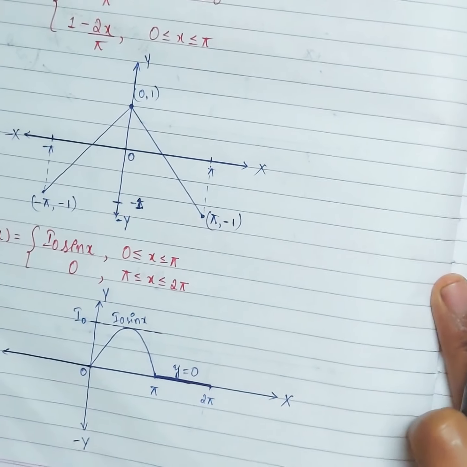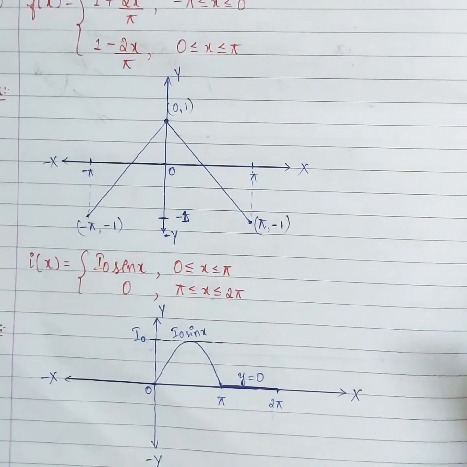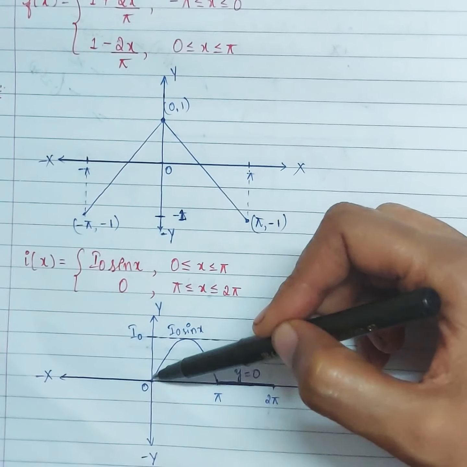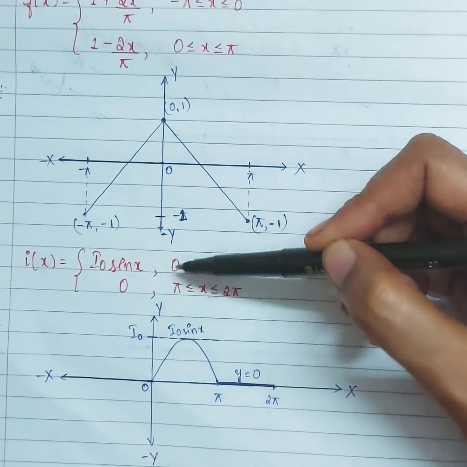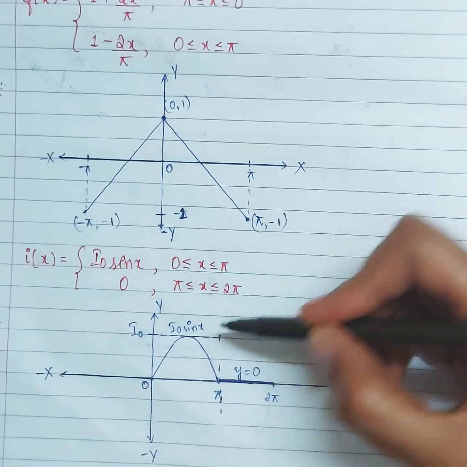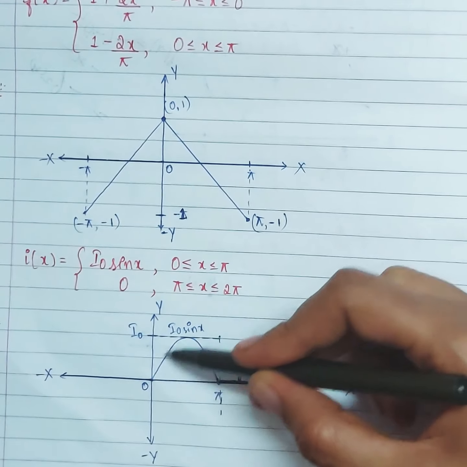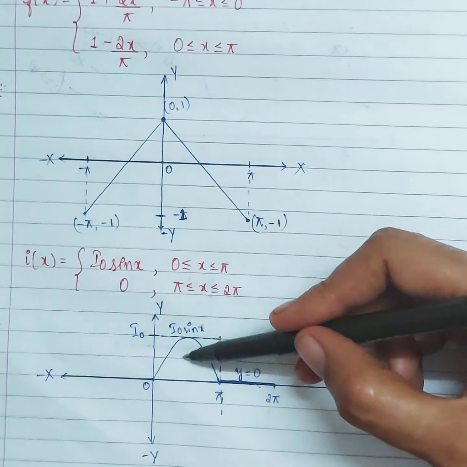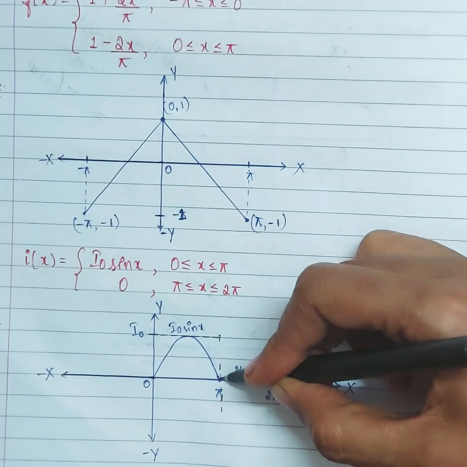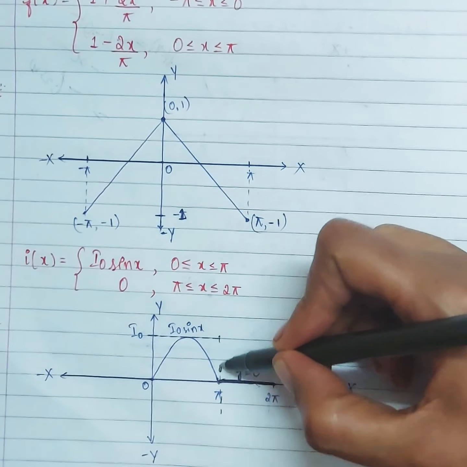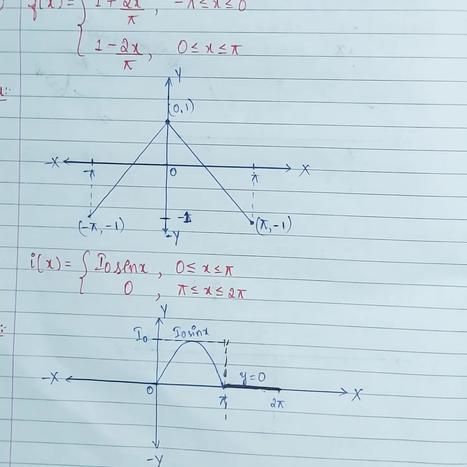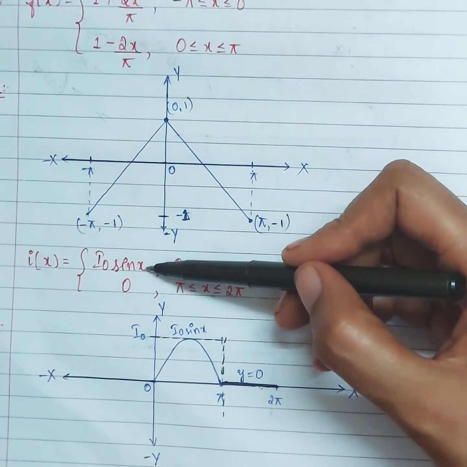And coming to this problem, this is a repeated problem. And if you see this, I naught sine x from 0 to pi. So from 0 to pi, we have drawn a sine graph. And from pi to 2 pi, it is 0. So with respect to pi as the middle line, this is a straight line on one side, and on the other side, it's a curve. So is there any similarity between this line and this curve? The straight line is here, y is equal to 0. So definitely it is neither even nor odd. So don't get confused with this.